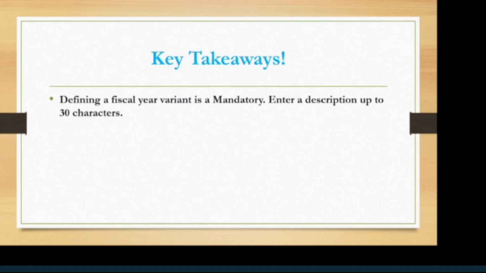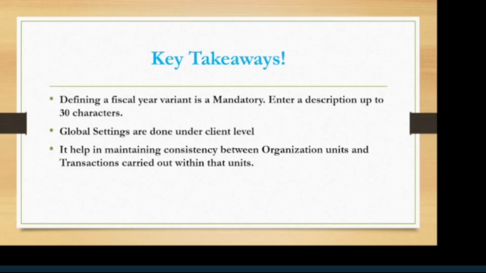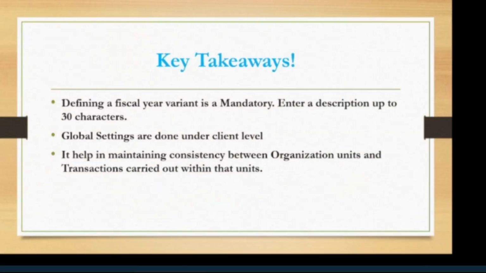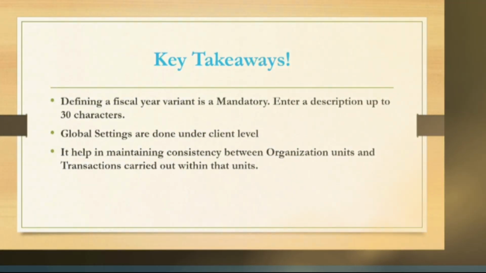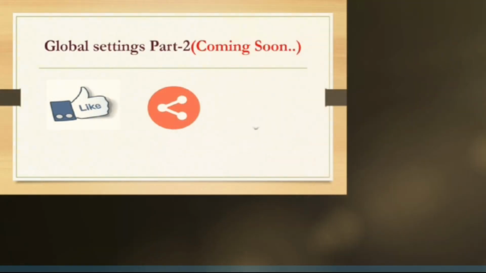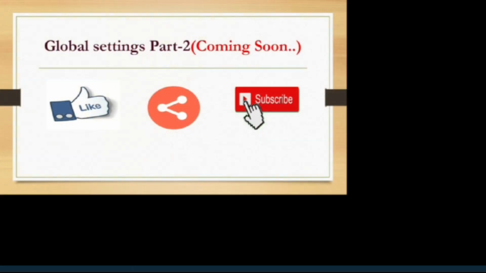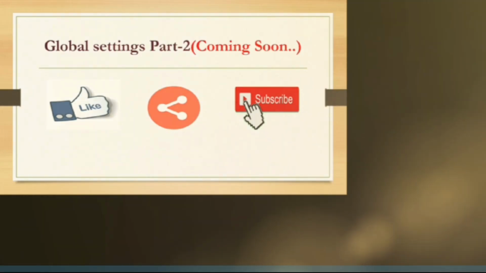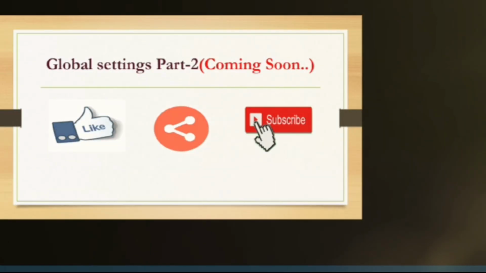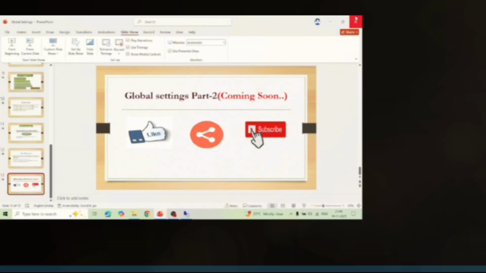So this is our configuration aspect, and soon we will publish our global settings in the second part, that is part 2. And what are the takeaways? Defining a fiscal year variant is usually mandatory. When you do the fiscal year variant, the description is limited to 30 characters. Global settings are done at the client level, and it helps in maintaining consistency between the organization units and your transactions carried out within those particular units. And next